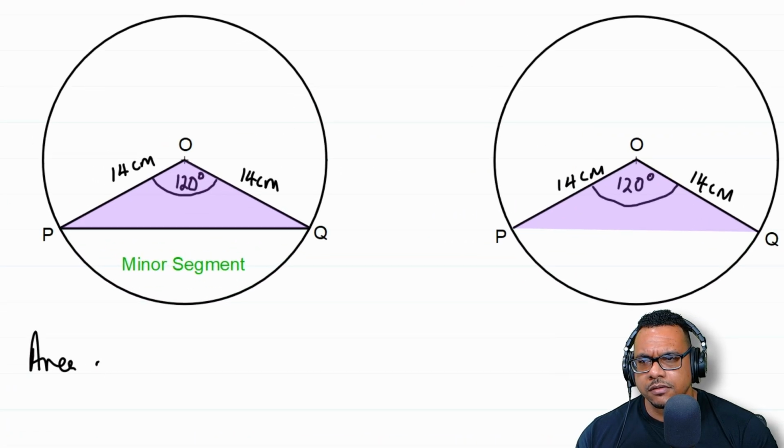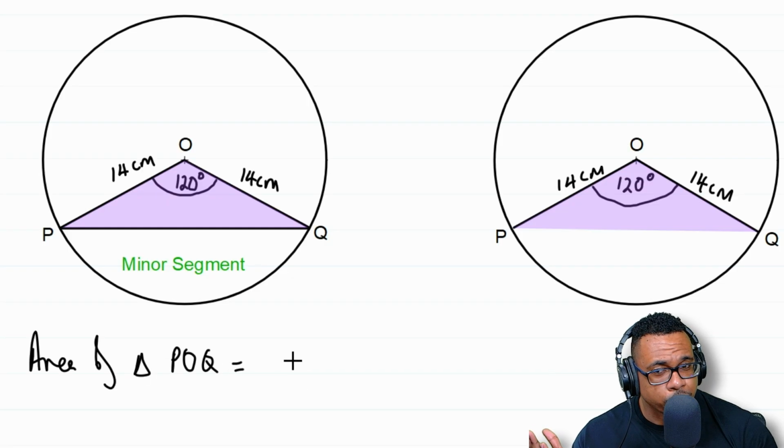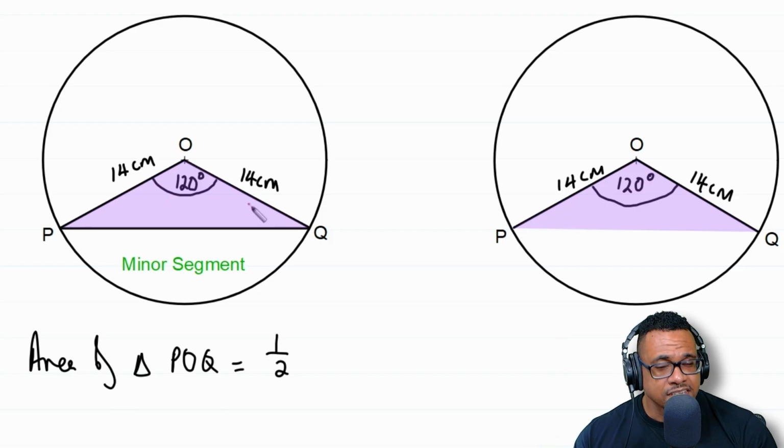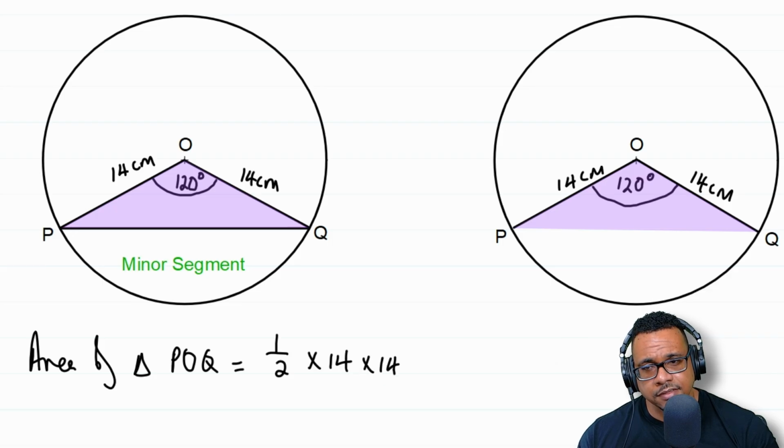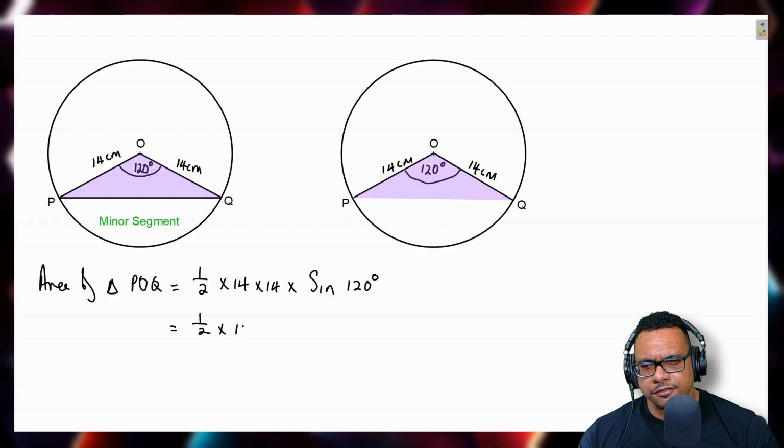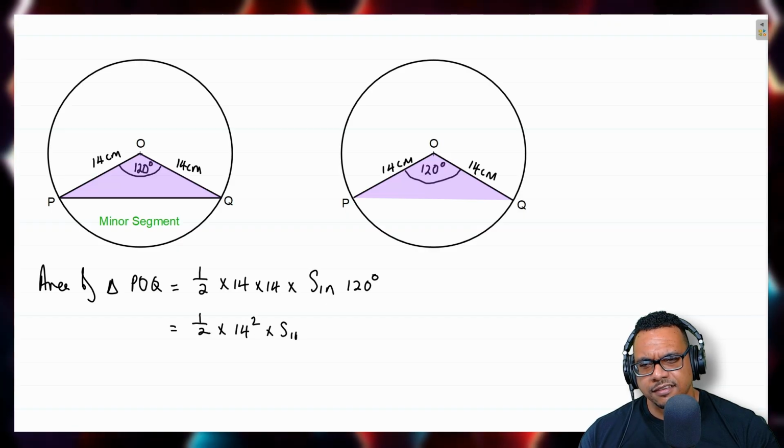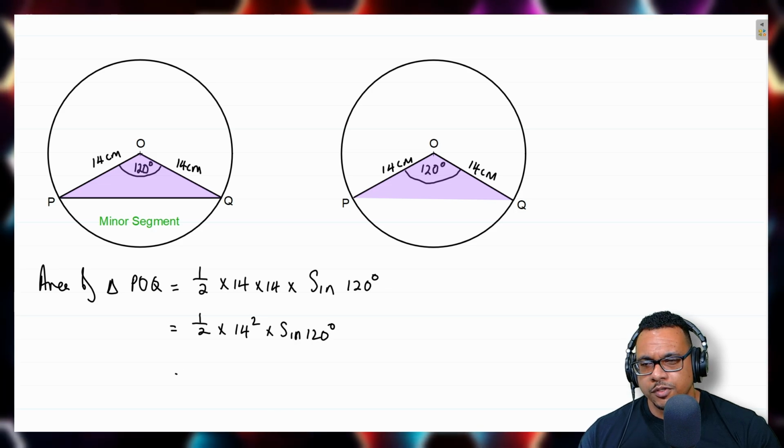So area of triangle POQ is equal to, I'm not going to quote any formula, it's going to be a half. What are the two sides that are on either side of the given angle? That'll be the 14 and 14. See, this 120 degrees is in between the 14 and 14. So we'll have a half multiplied by 14, multiplied by 14, multiplied by sine the angle, which is 120 degrees. Now, if you think about it, this 14 by 14 is 14 squared. So this will just be a half times 14 squared times sine 120 degrees, which will be equal to,